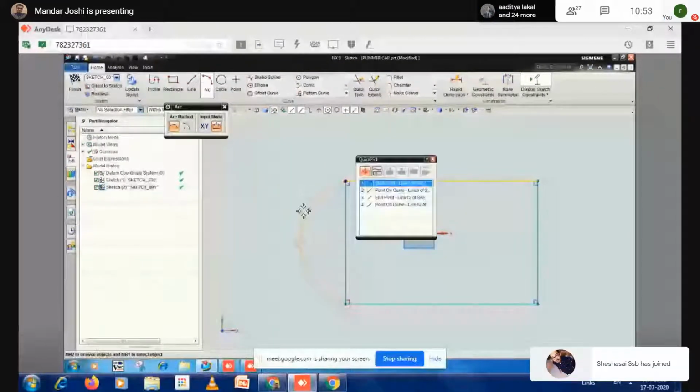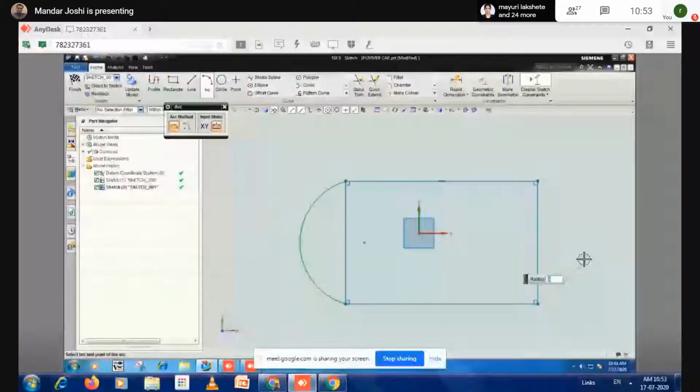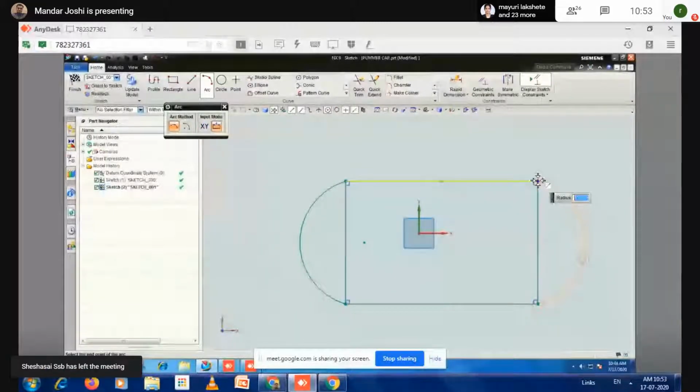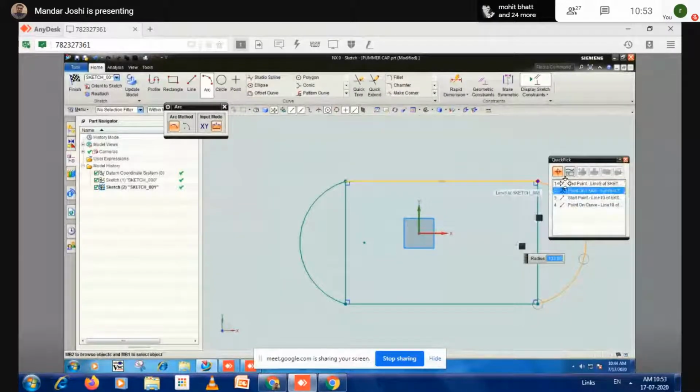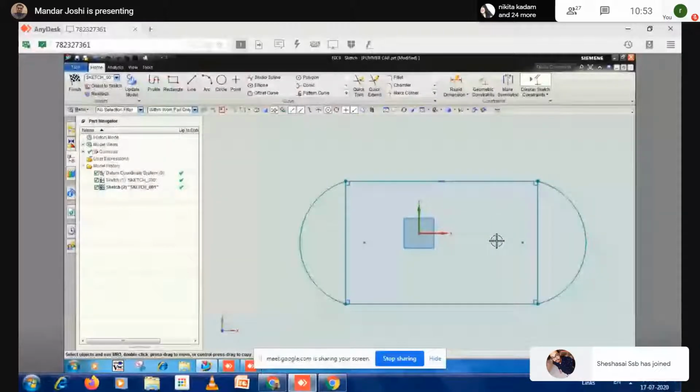Just click this point once again. 1, 2, 3. Middle click. Then next, I don't need these lines, correct? So I'm going to delete this.